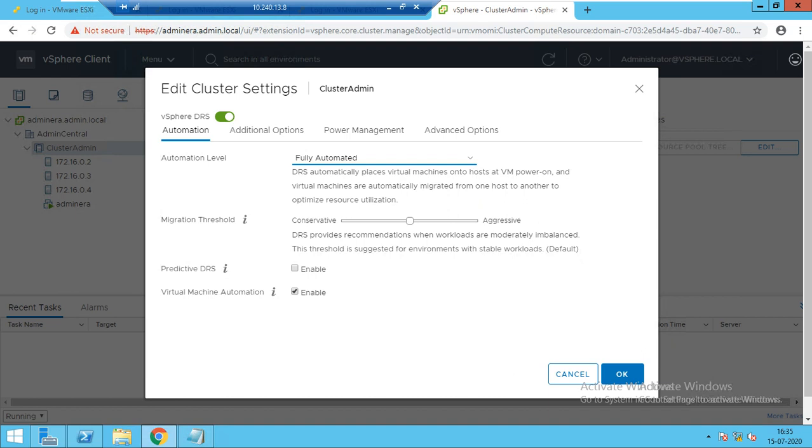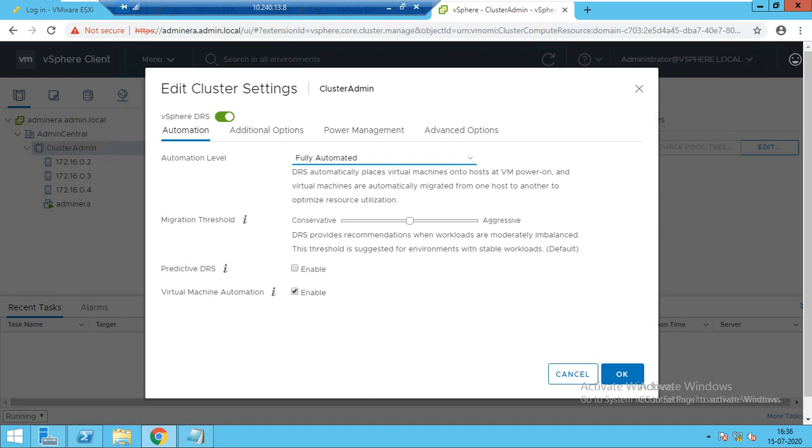So every 30 minutes, the DRS starts working. It checks every 30 minutes. It checks the load balancing between the hosts. If it finds that one is having more load as compared to the other, it will migrate the virtual machines to the other host.